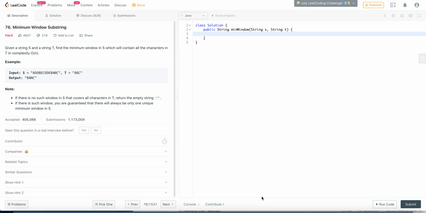Welcome back. Today we'll be solving the minimum window substring question from LeetCode. This question is in the hard category, and I completely agree with this, because the question is not that hard to understand, but the solution that I will suggest, or the solution that you'll actually get on LeetCode, is actually difficult